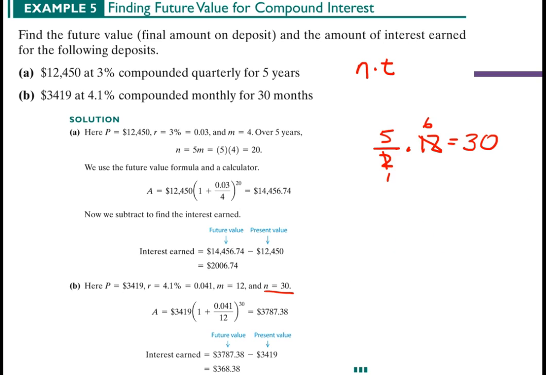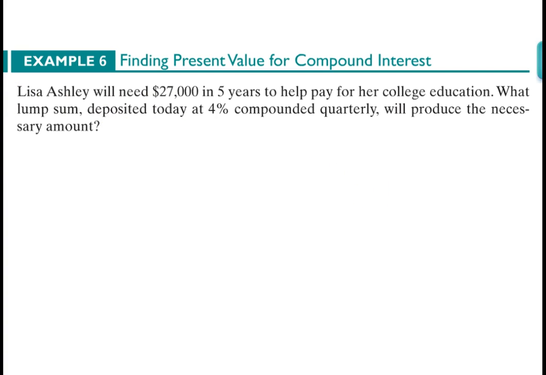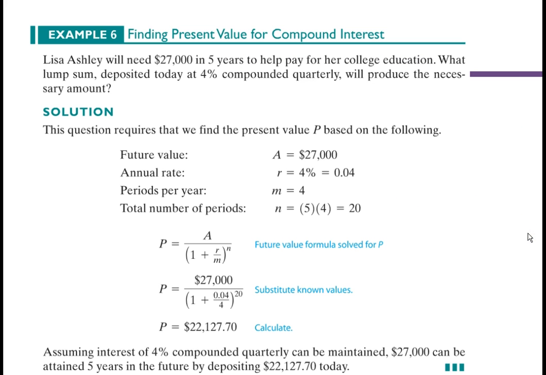Okay, let's go on. Here, Lisa will need this much in 5 years to help pay for her college education. What lump sum deposited today at 4% compounded quarterly will produce the necessary amount? So here we have future amount. We want to find the original principal that you would invest. And there was the formula we went over. Substituting, and our total exponent would be 20. So you would have to deposit